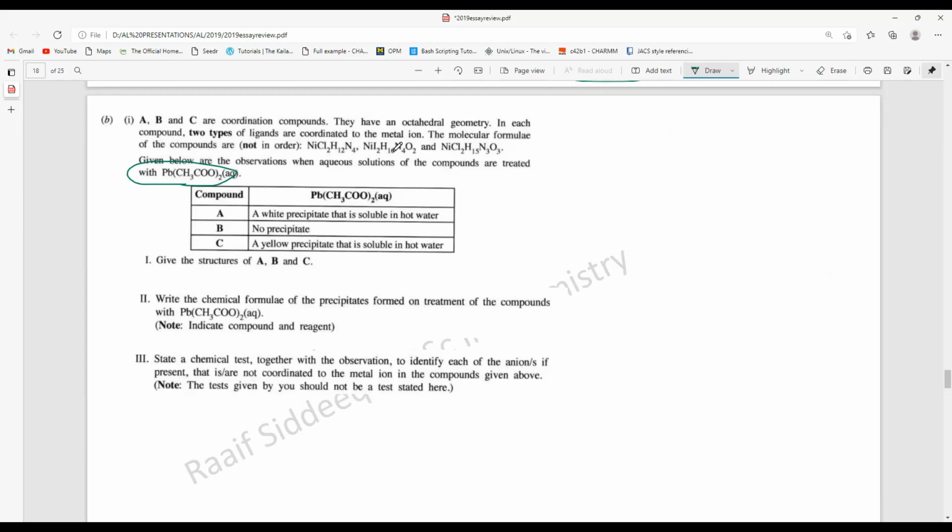So we will go through the compounds first. Now think about this compound. So they have nickel, chlorine, hydrogen, nitrogen. First one, okay. I will take one by one. And the other one is nickel, iodide, N4O2, and there is hydrogen as well. I missed that one, 16. Last one, NiCl2, H15,